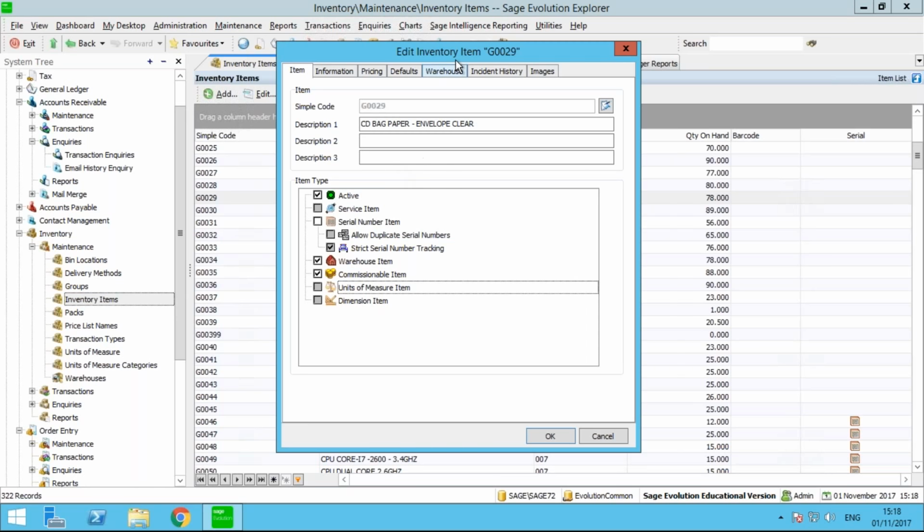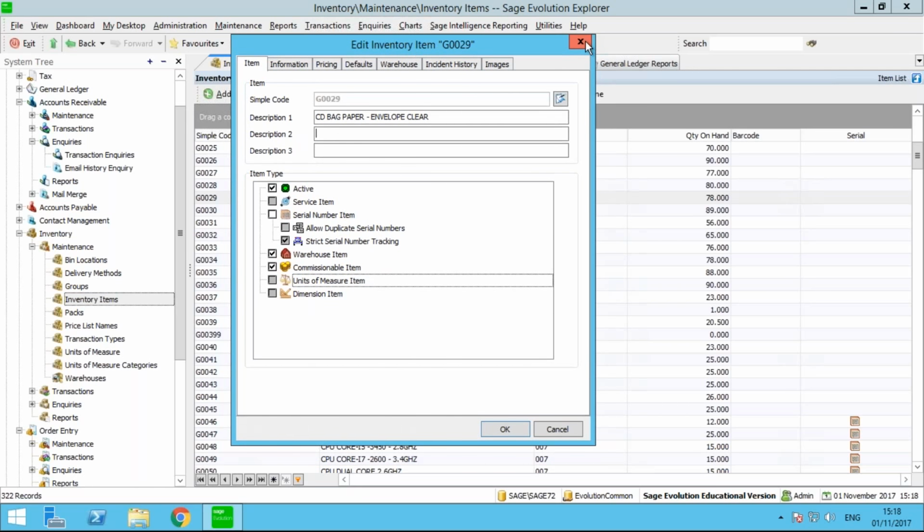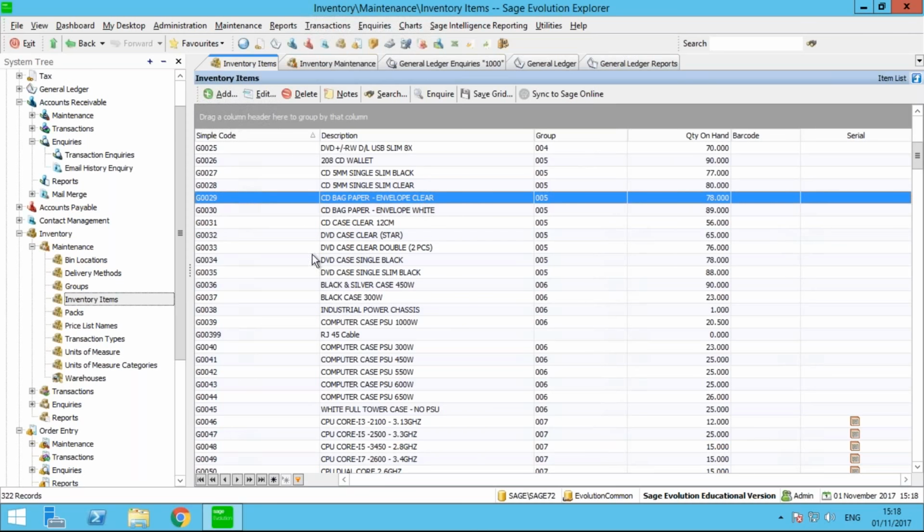So also, if you use a different description, you can specify up to 3 descriptions for each item. And when you create your customer order or invoice, you can select which description you can see in documents and in your print forms. So this is items in the inventory module. So let's move on to